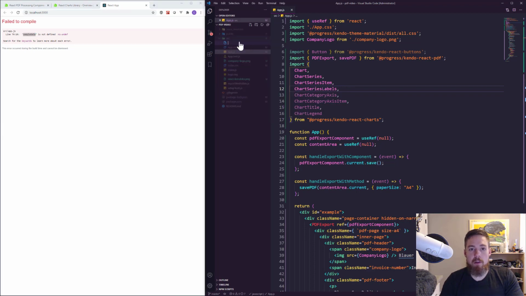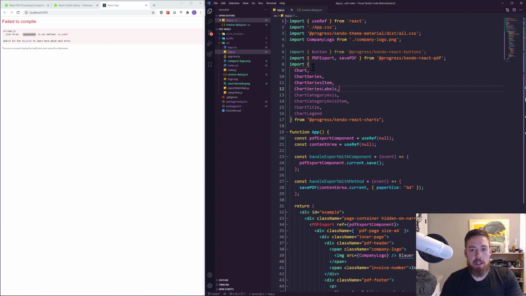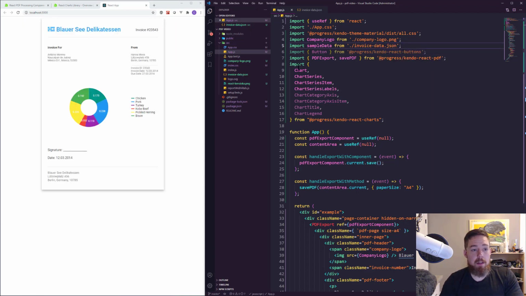So I'm going to actually create a new file called invoice data.json. I have some code already copied and pasted in here now. So it's just a simple array where every object has a product and share field. And then I'll go into app.js, and within here, I'll just go ahead and import sample data from that file we just created. All right, and immediately we see now that I have this donut chart up and running with the content readily